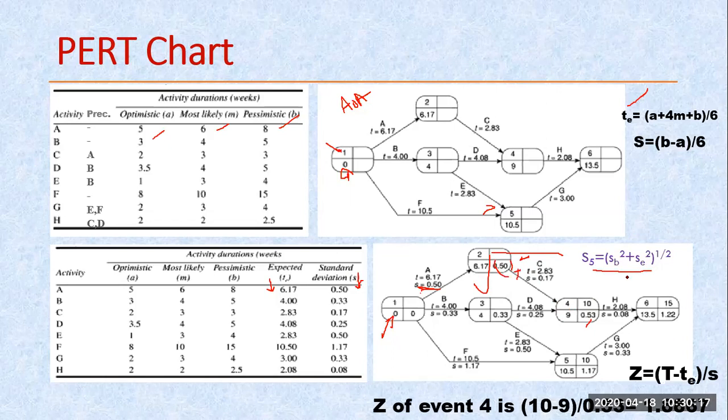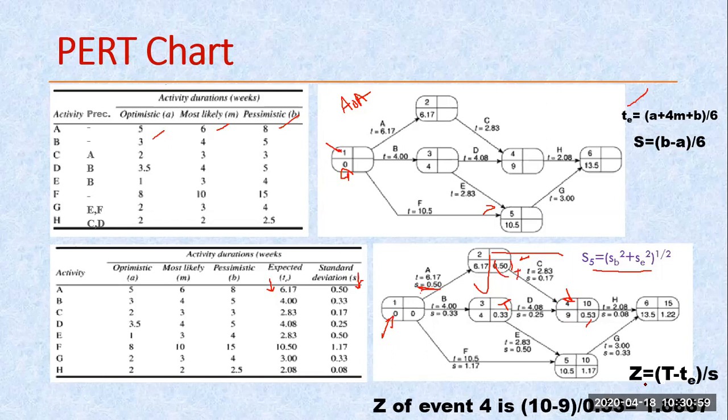Now in my question, a target value is given, and only then are we calculating all this. The target value is written in this part. Here we assume the target value is given for my event 4. So if I take this event 4, what is the target value? Target value means the people are asking me to complete this task up to this date or within this time. Maybe this is 10 days. According to my calculation, how much did I get? 9. Using these two, (10 minus 9) divided by the standard deviation, we get this value.